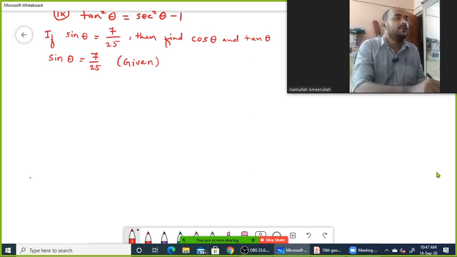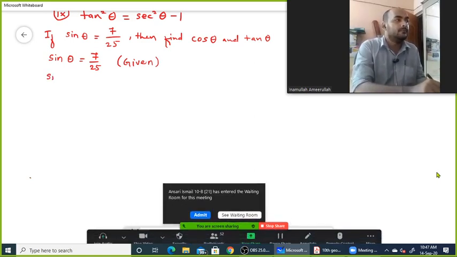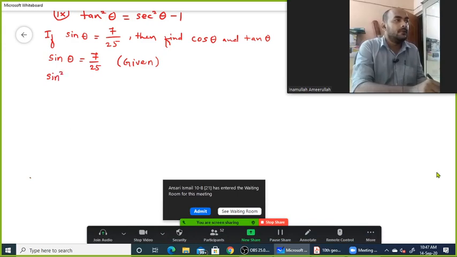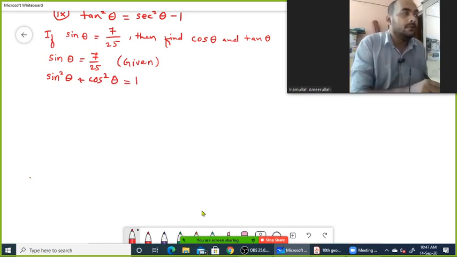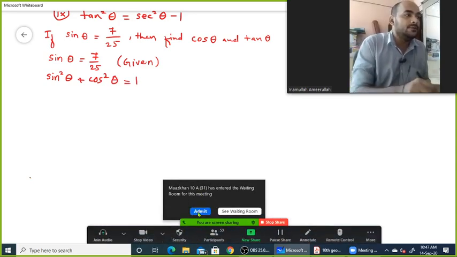So here we know that sine square theta plus cos square theta equals 1. This is a trigonometric identity which we can use here,